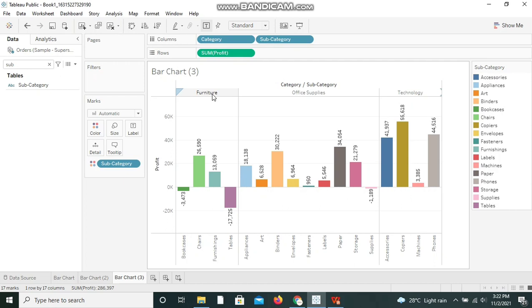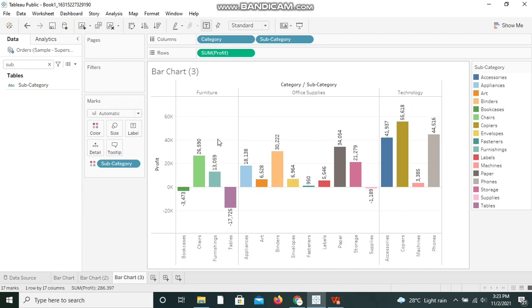For each and every category we have multiple subcategories which are displayed side by side. So we have multiple bars. If you want only 2 bars or 3 bars, anything specific, you can filter it out by selecting certain subcategories. Now I have taken all categories and subcategories so that we are seeing multiple bars under each and every category. Now we have these values available.